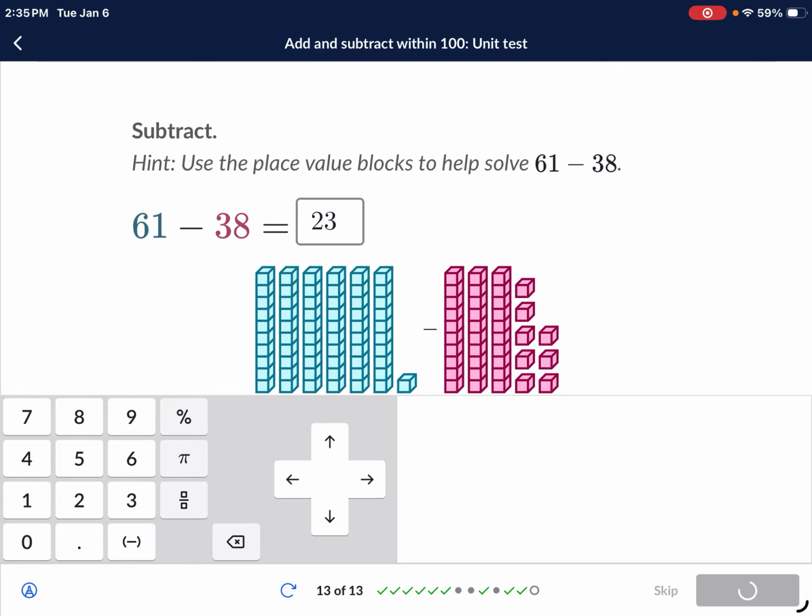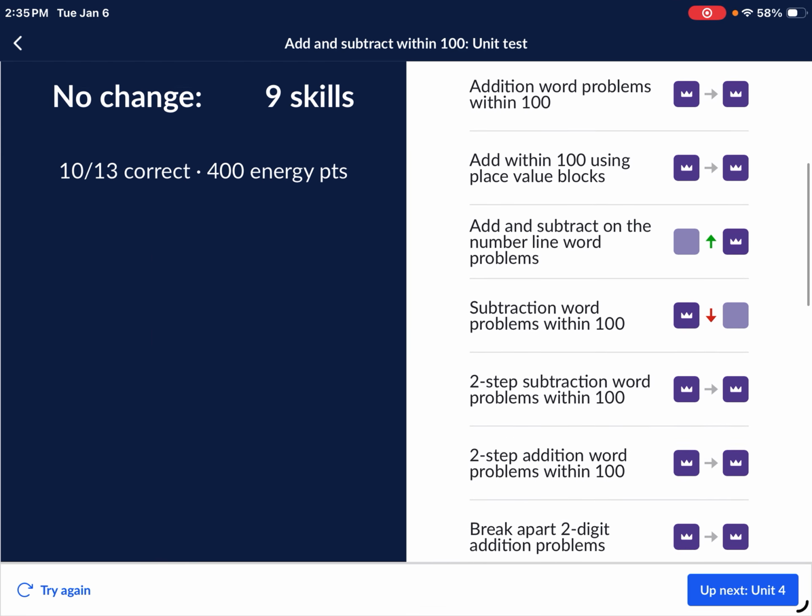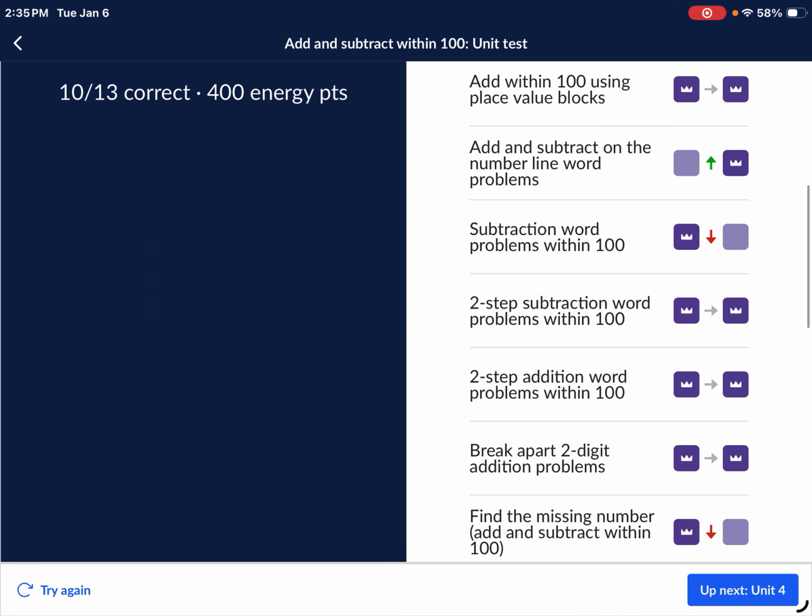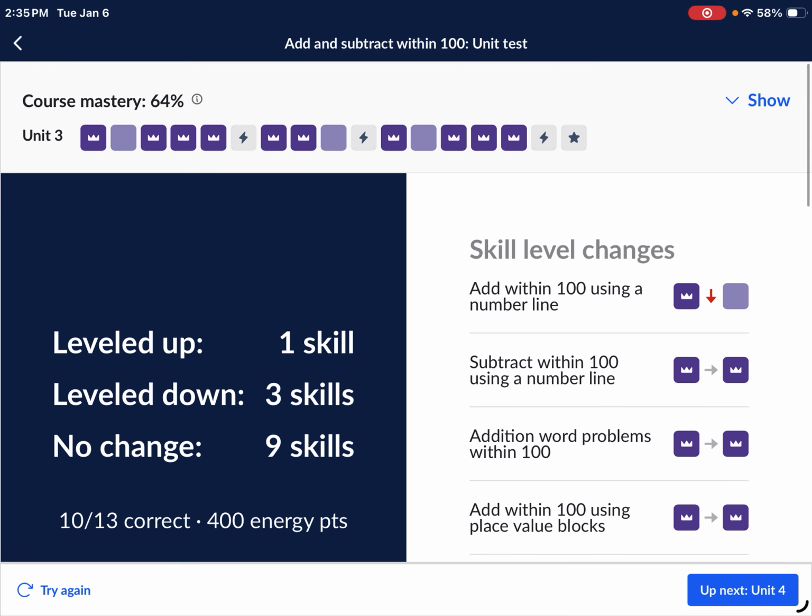I finished the unit test and I went down 3 whole scales. No change on scales. Well, hope you guys like